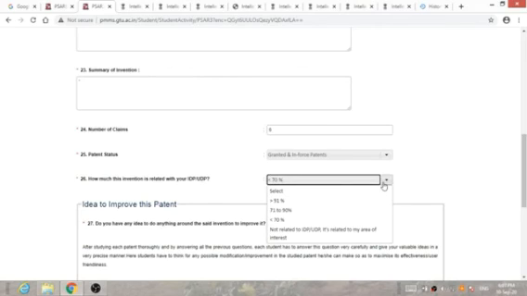After reading the entire patent, you have to select how much this invention is related with your project. It is greater than 91%, between 71 to 90, less than 70%, or not related to your IDP or UDP. You have just entered this PSAR for your area of interest. So you have to select any one of them.